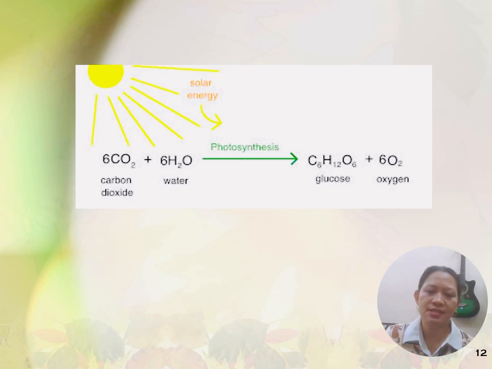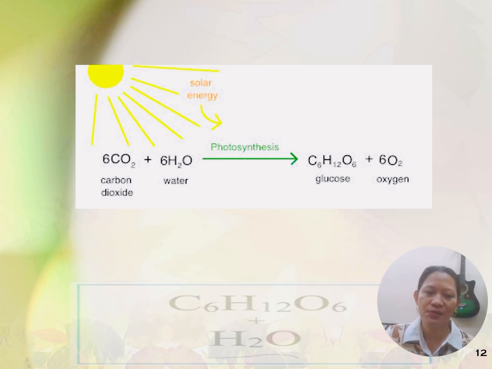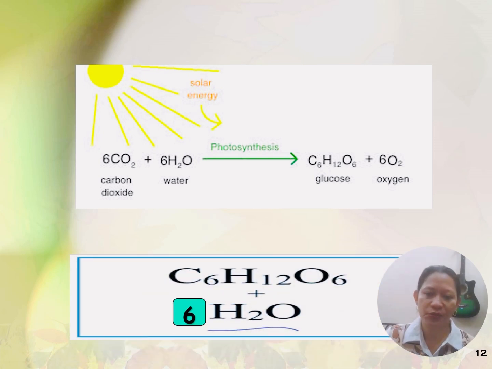From the 6 carbon dioxide, we produce glucose and 6 water. In the equation that we commonly use, we do not have water as an end product, and water is only 6 in the raw materials, which technically should be 12, and we should have an end product of 6 water. There must be 6 water as end product.